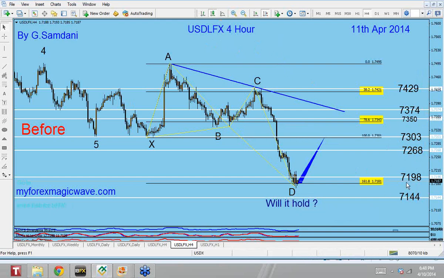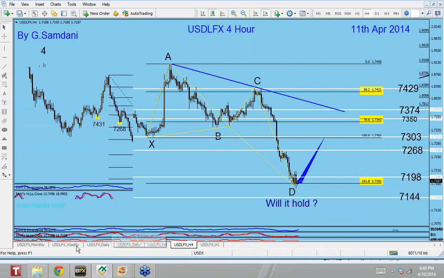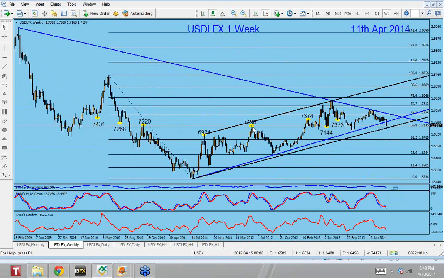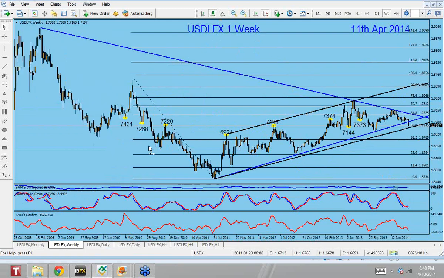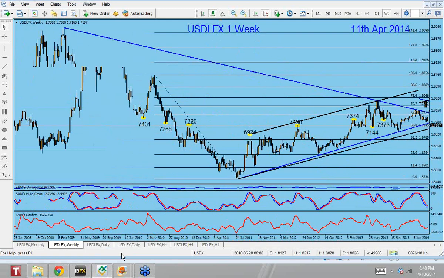So we are now at one of those levels, 71.98. Let me show you there. You see, 71.98 is this big high here. We have 69.24. We have 72.20, and then the current number we are